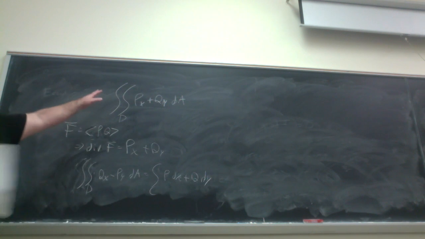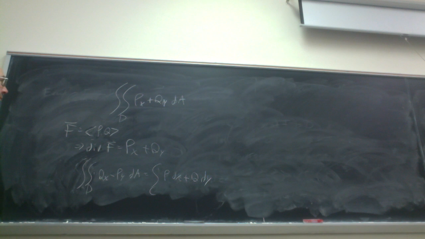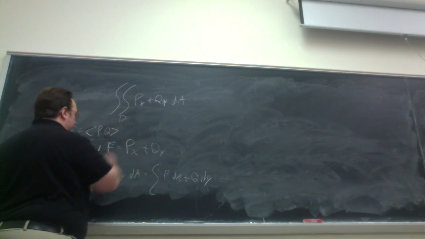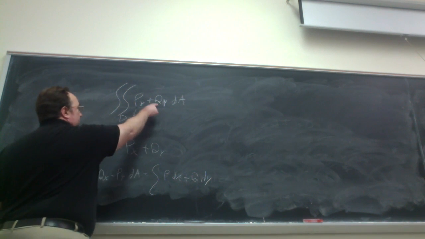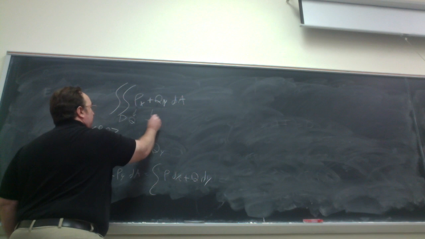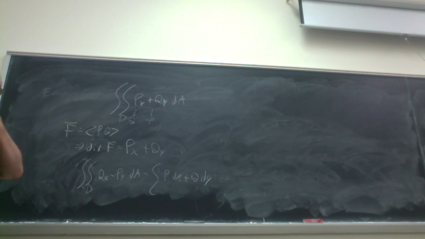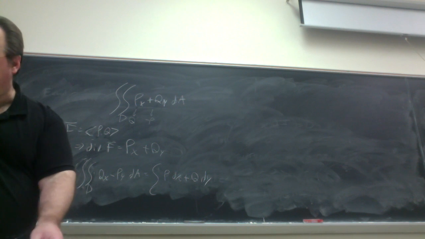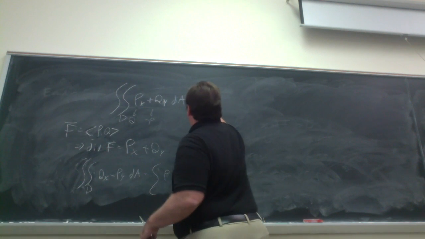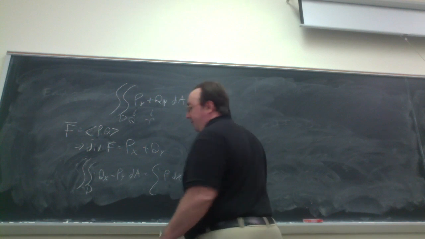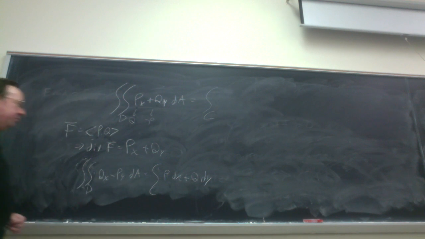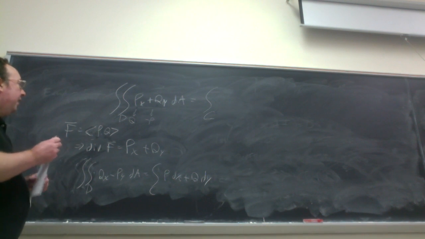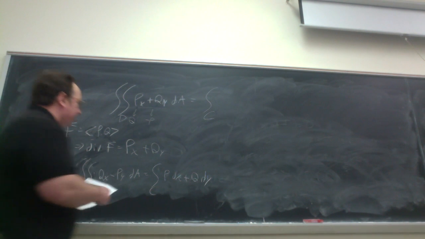But here, p and q have different meanings. So p down here is equal to q down here. Q up here is equal to minus p down here. So if I keep in mind the difference, then I'm not going to have p dx plus q dy up here. I have to make changes. So what I'm going to get is,